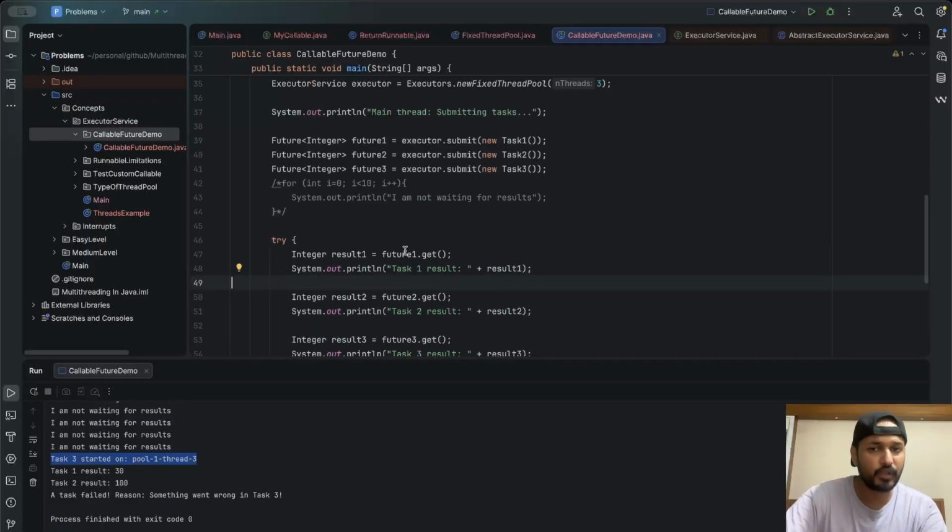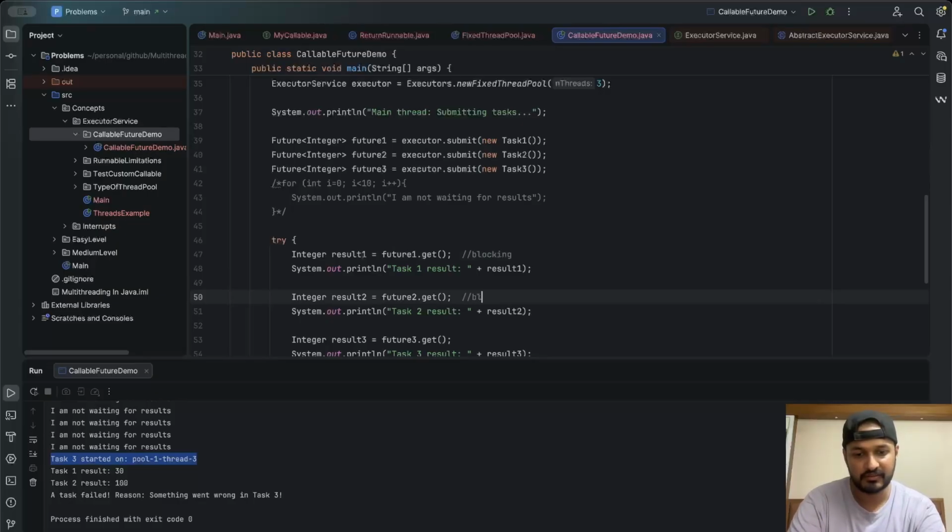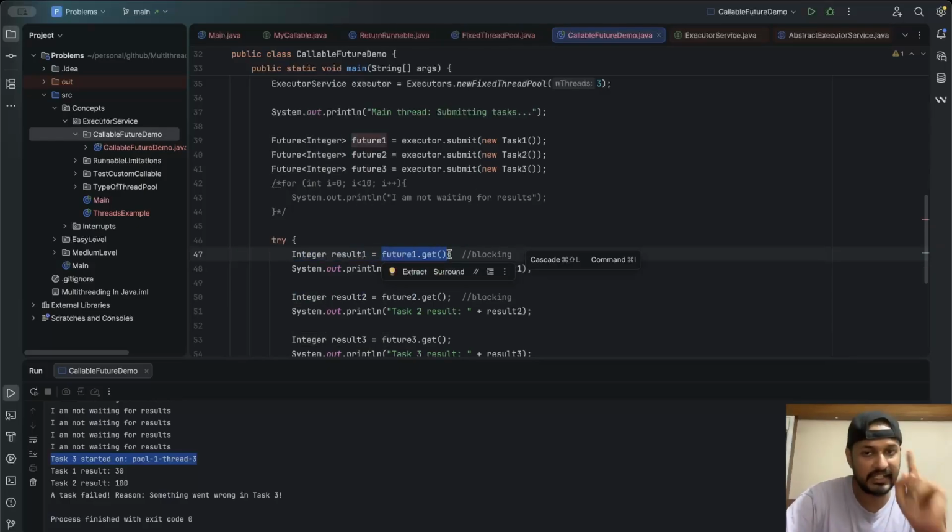Now one more important thing here is the .get method. The .get method is a blocking operation, correct? So this is a blocking operation. Even though task 2 has completed and task 1 is not completed, once you have called future1.get, it will wait for as long as it takes for task 1 to complete.